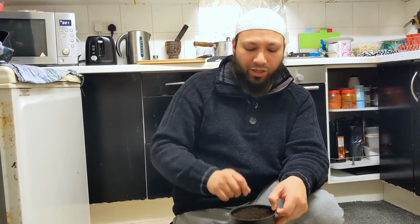Remember, it doesn't have to be too fertile, but it wants to be nice and free draining. So they're my shot chili seeds. Now the mistake that I made last year